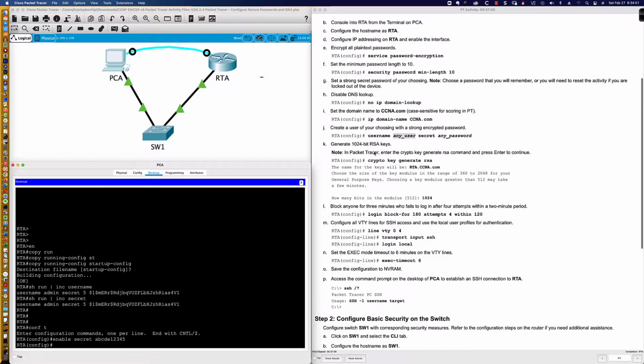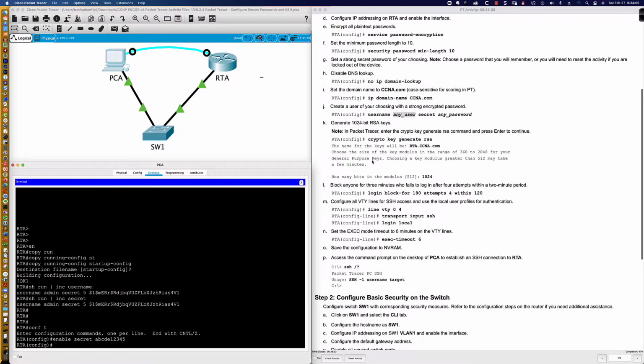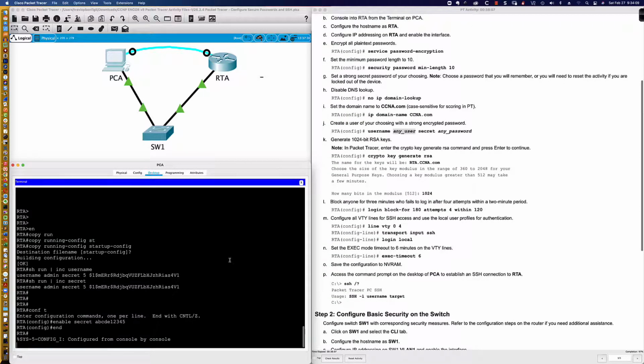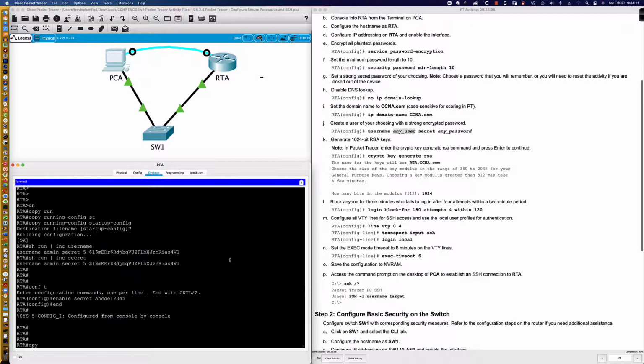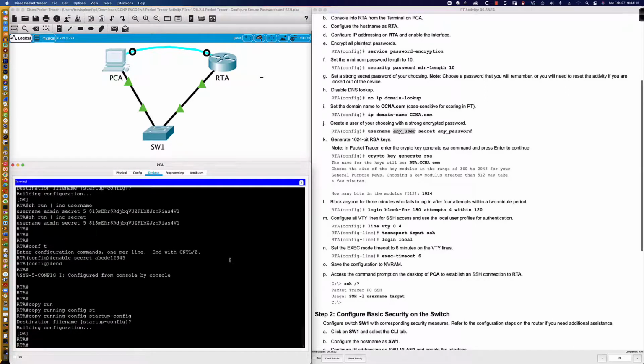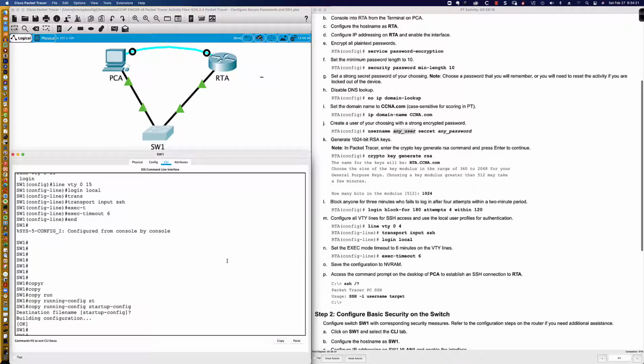I see the username, but I don't see it asking for the enable password to be set. Okay, so it's there. All right, so that takes care of, and then we'll say copy running config to startup config. All right, so we're at 97%, and then on the switch, it was that we were missing